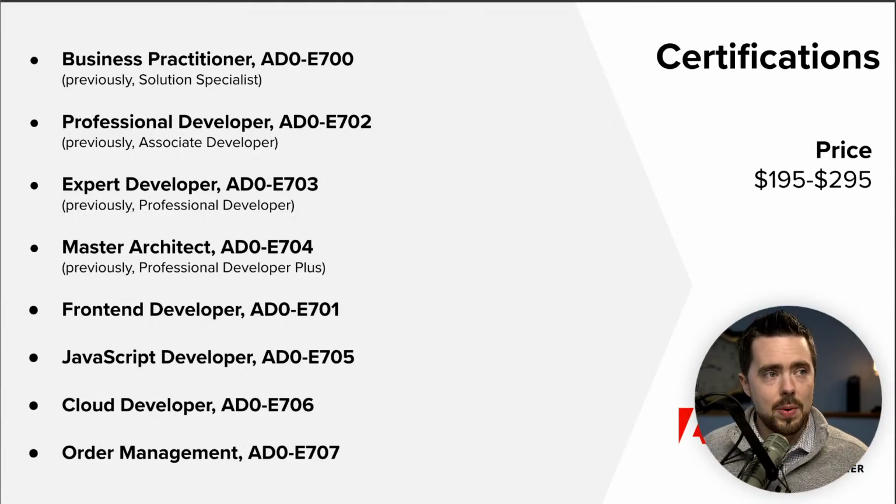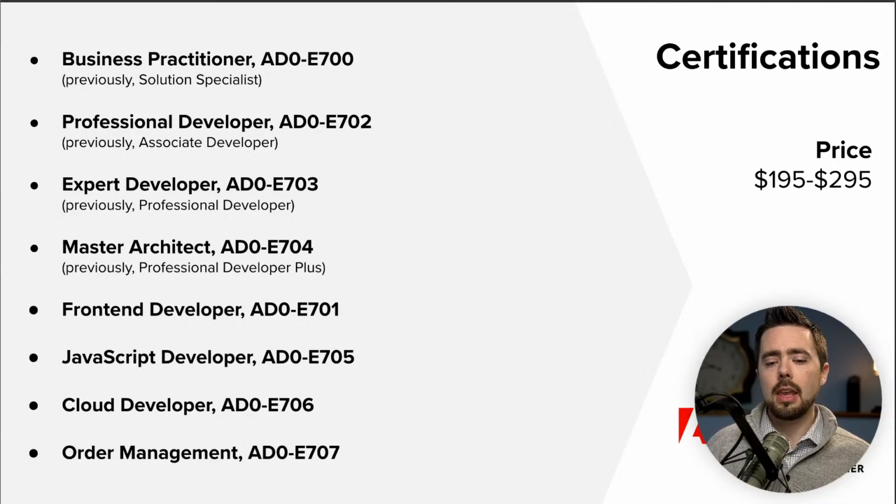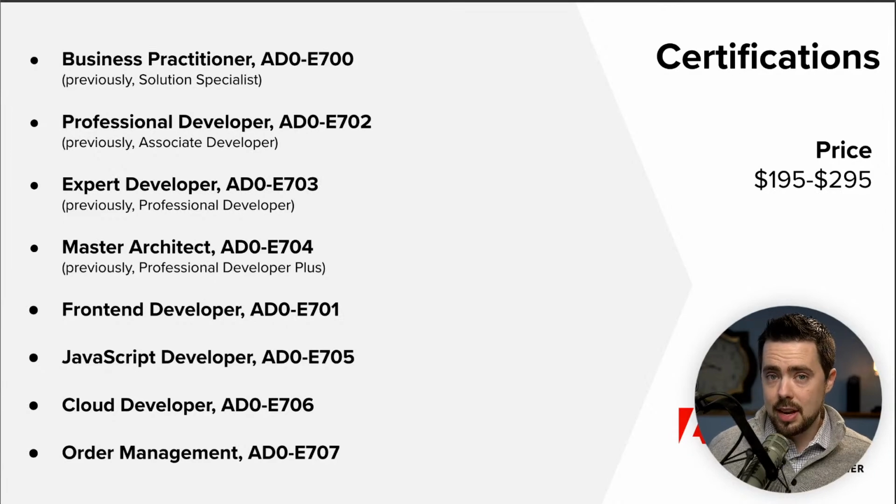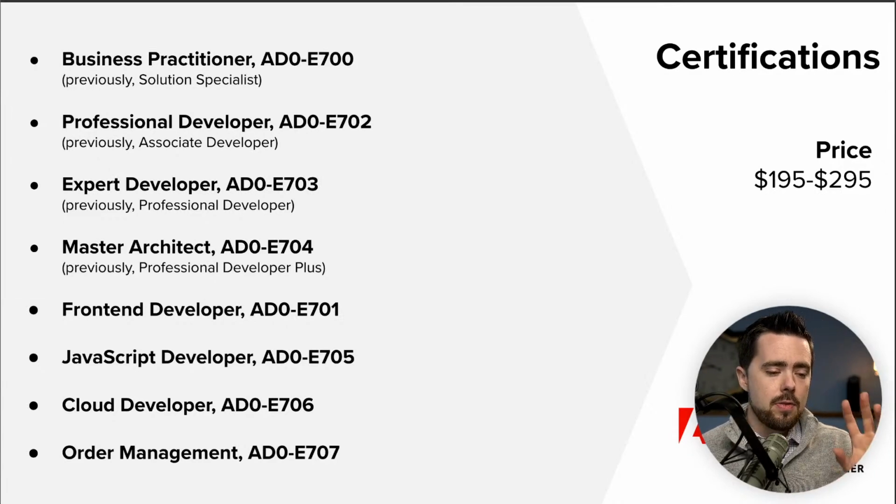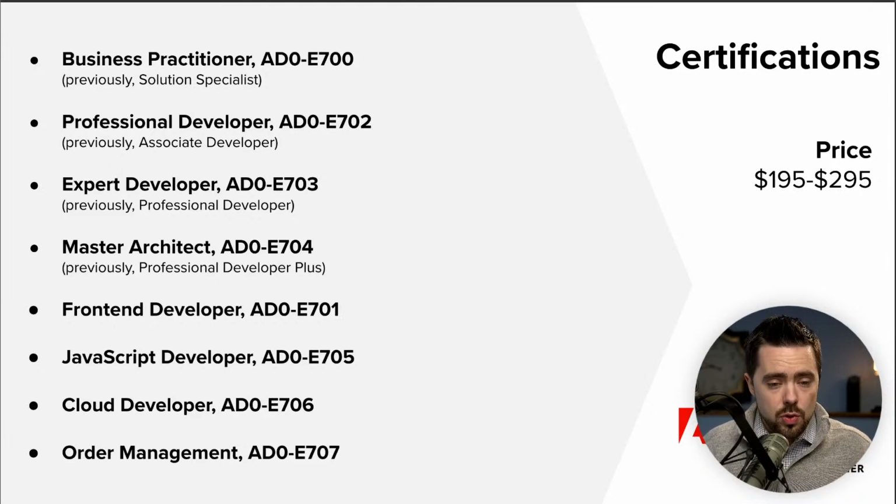The second one now is the expert developer. Again, this is where most people have their sights set. It is an incredibly difficult test, but it's passable. It's passable by people all over the world. And this is something we'll talk about as well in a future meeting, so stay tuned for this. But non-native English speakers have a disadvantage. I will absolutely agree with that. While Magento tried to reduce the number of big words, there's still a few on there,